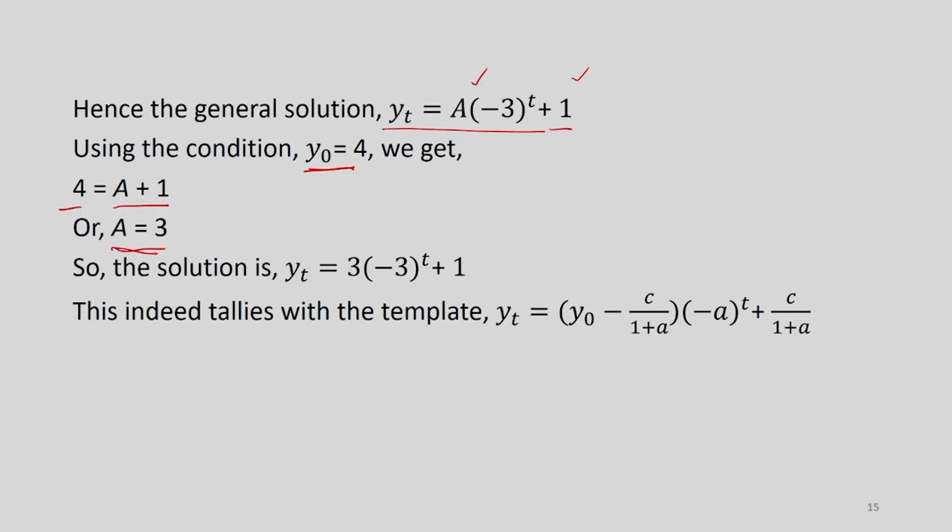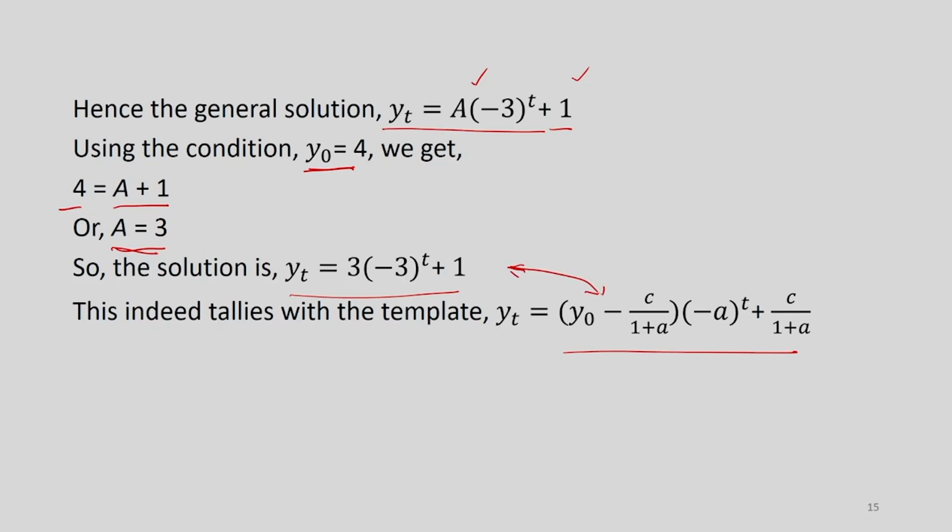So, from here I get a is equal to 3. So, I get the solution to be this: yt is equal to 3 multiplied by minus 3 to the power t plus 1. And if you have noticed what was the general template of the solution of first order difference equation, it was this, right, and this actually matches with this and these two are tallying with each other, because